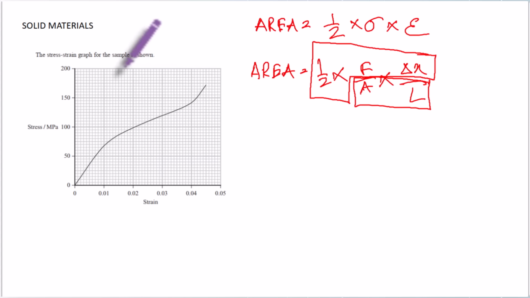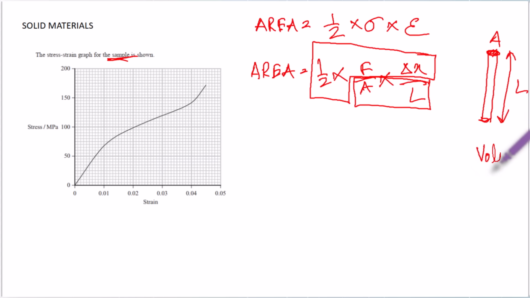So if the sample is in the form of a wire, which is basically a cylinder, this is the cross-sectional area and this is the length. Cross-sectional area times length gives you the volume. Volume equals A times L. And recall what half Fx gives you. So area is half Fx, which gives you the energy stored,